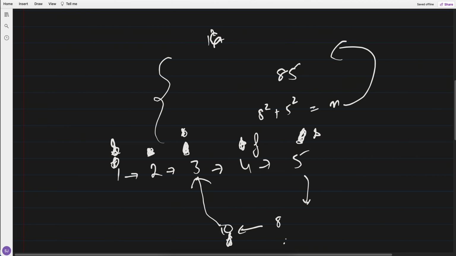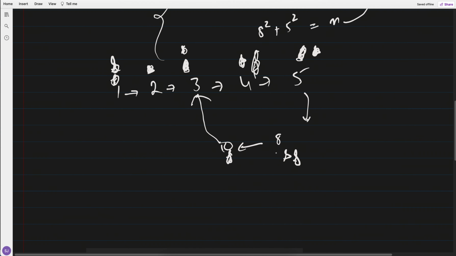Then slow will go 1 step. Till when we have to do that? Till they don't meet each other. Fast will go 2 steps. So here 5 and 8. So here fast will be here, right? And once they meet, what we do is we keep one from the start,